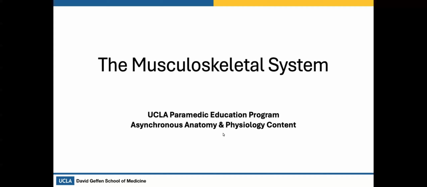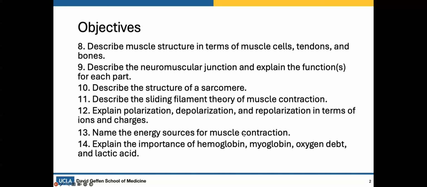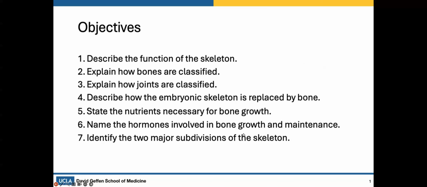First, let's review the objectives for this lesson. By the end of this lecture, you should be able to describe the function of the skeletal system. You should be able to explain how bones are classified, explain how joints are classified, describe how the embryonic skeleton